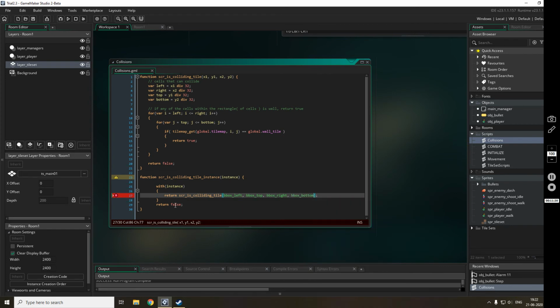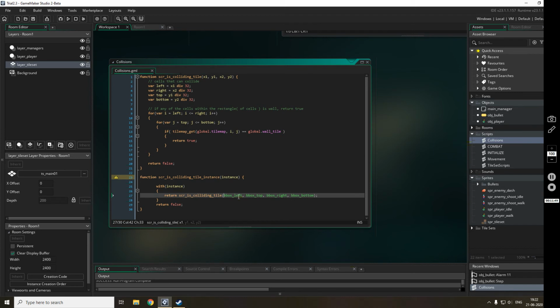Okay, so I guess this will work now. If this is true, meaning if the instance exists, it will come inside this, and then this is the bbox left of the instance, since I have written it with instance here.